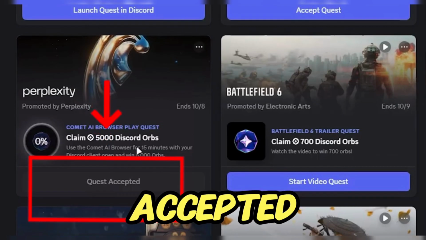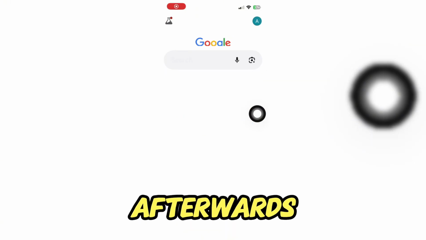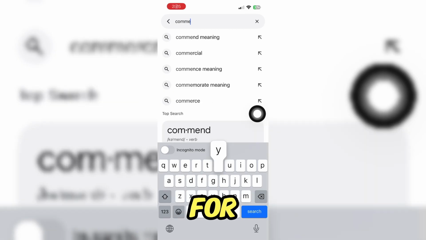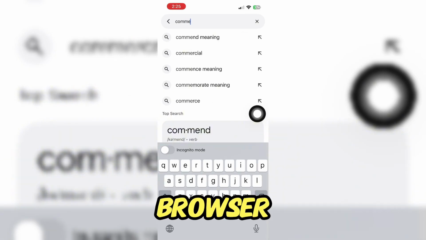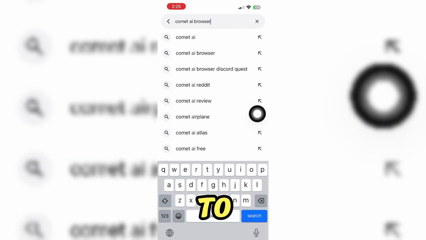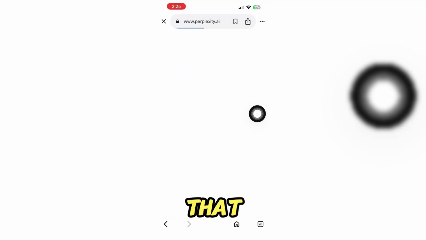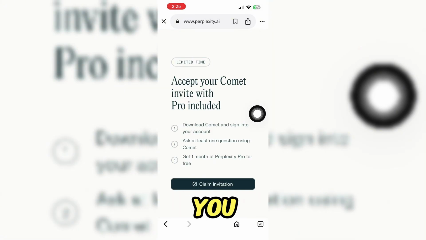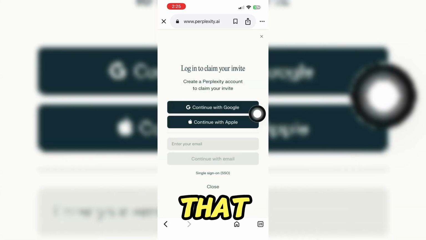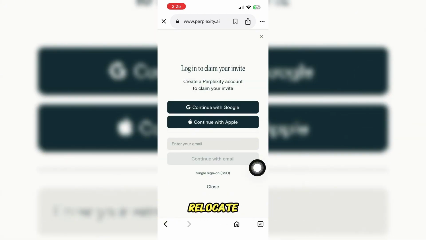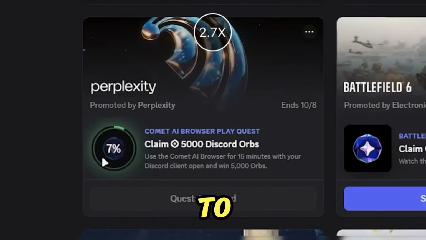click on Cast Accepted. And then afterwards, go to Google and search for the Comet AI Browser, and you will be taken directly to the page of the Comet AI Browser. Click on that. After clicking on that, you need to sign in so that you can automatically link this with your Discord. Make sure that the email that you are going to use is the same email or number that you use